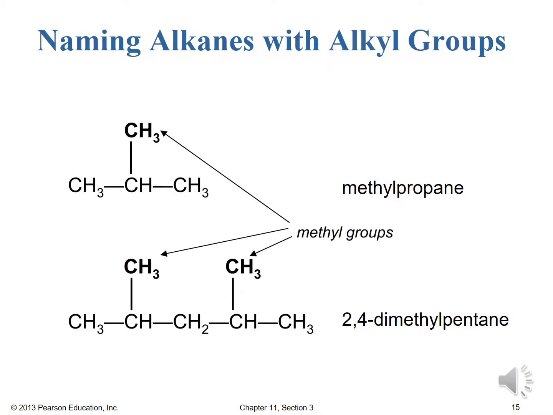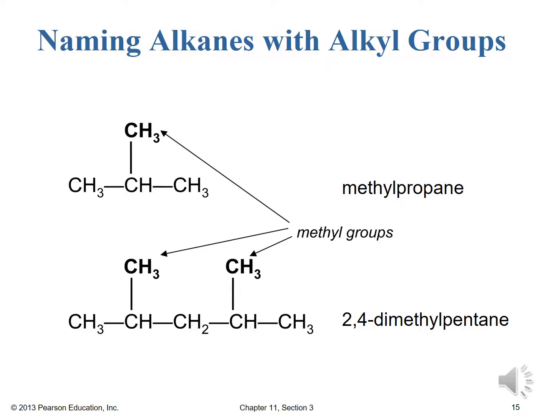So here on this slide, we see a couple other examples of methyl substituents. So we have methylpropane. Notice we don't have to call it 2-methylpropane because there's no other place to put it. If we put a methyl group on carbon 1 or carbon 3, we'd just be making a butane. So we don't have to say 2 because methylpropane has no other option. If we look down below, now